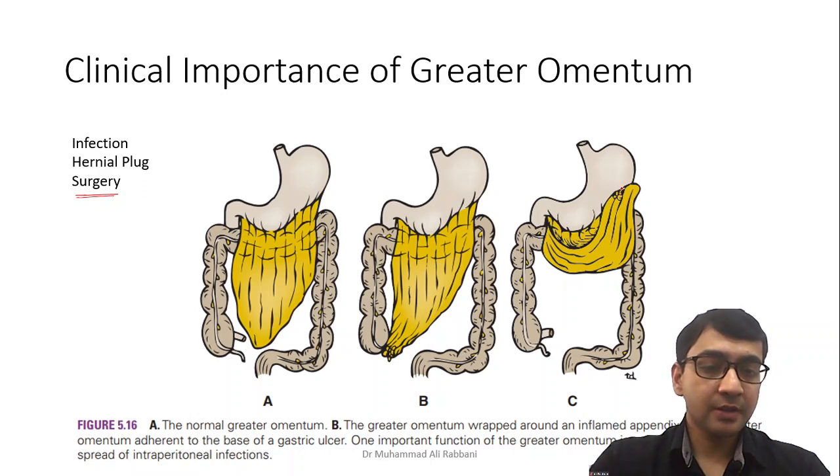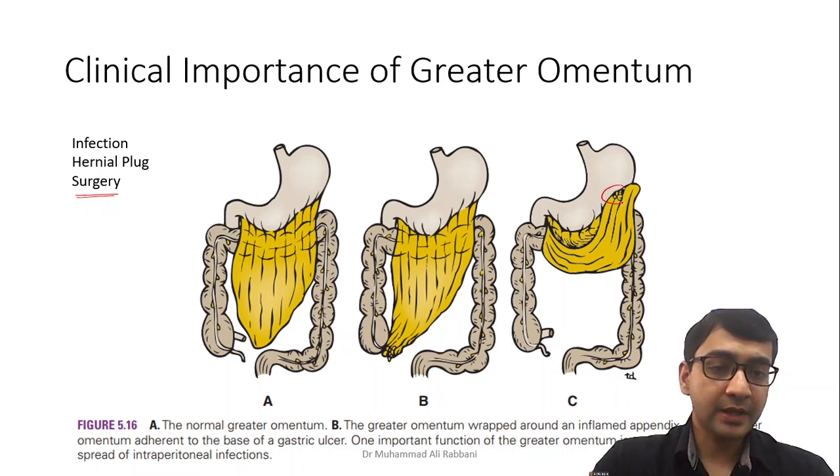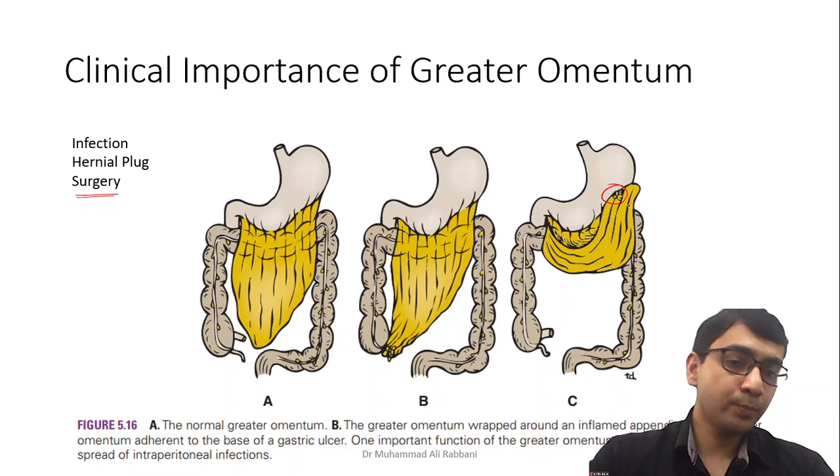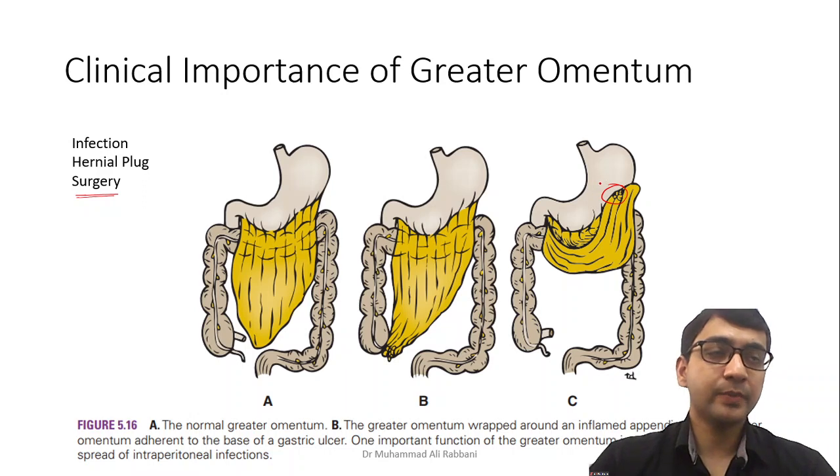A very good example is, for example, a person had this perforation. Here, this particular picture is actually being drawn for the limitation of the infection, but I am giving another example. If a person has a very big gastric perforation, you cannot just seal the opening, it is too big. You cannot seal the opening without wasting some of the stomach. So what we do is, to strengthen it, you put the greater omentum on it like a patch and then stitch around it, and this patch helps sealing, and it gives time for the healing.